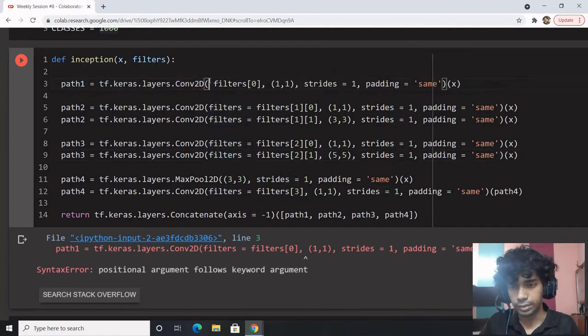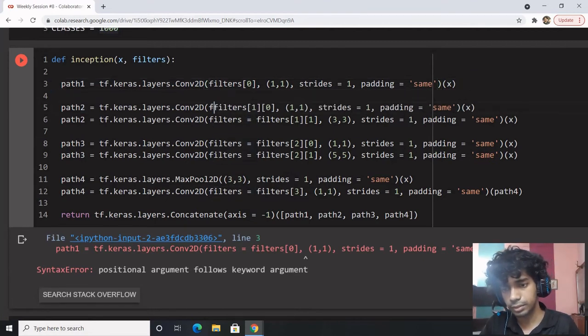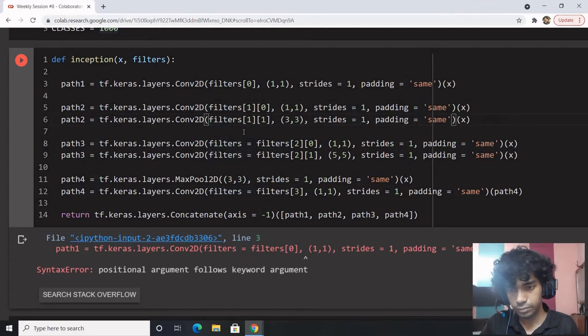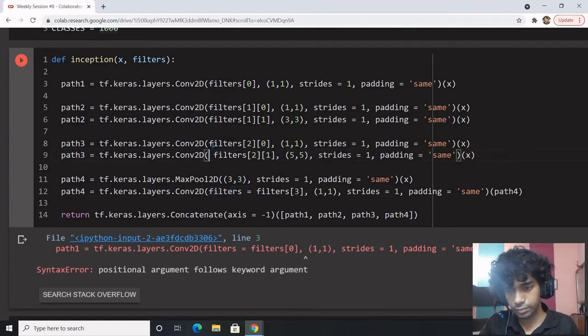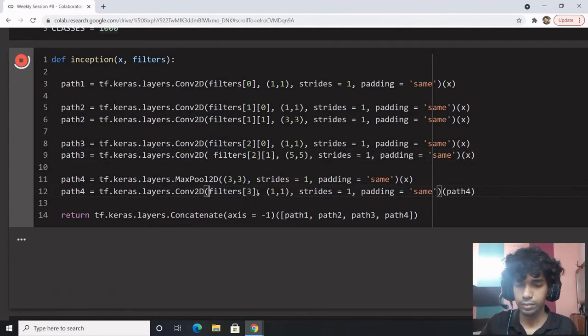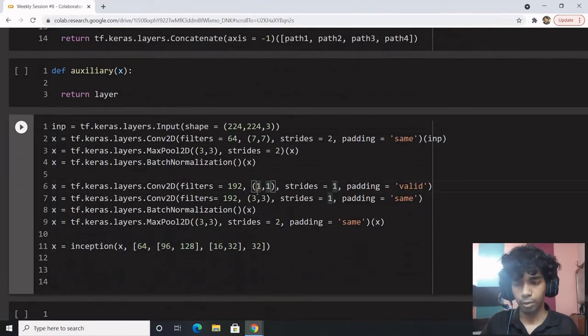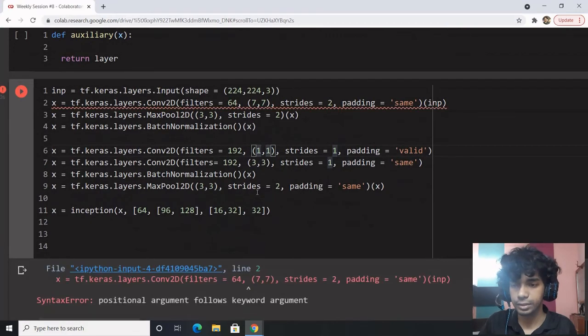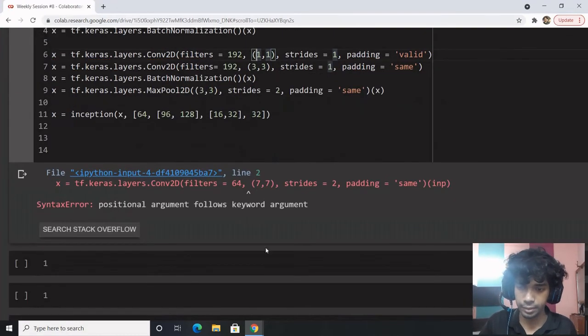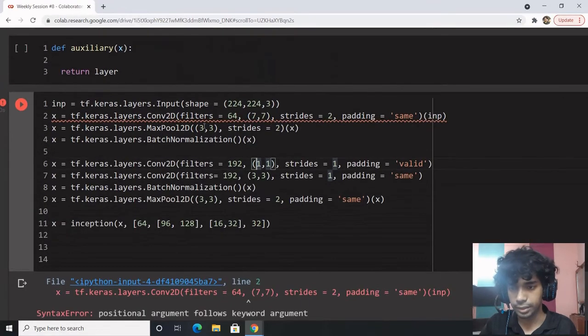Okay, let's now define filters. Just remove the word filters. Pythonic error. Let's see whether it pops any error or not. If our implementation is correct, it won't pop any error, but we are getting an error at the very beginning. Okay.